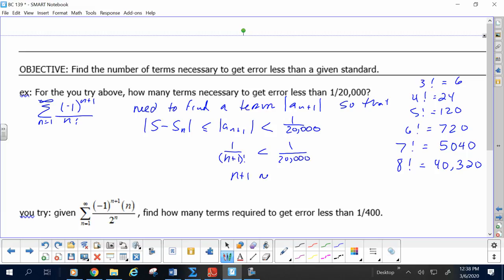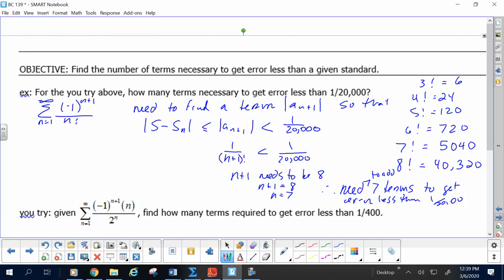N plus 1 needs to be 8, yeah? Now, if n plus 1 is 8, then n needs to be 7. Great. So my conclusion is that I need 7 terms. I need to add the first 7 terms to get error less than